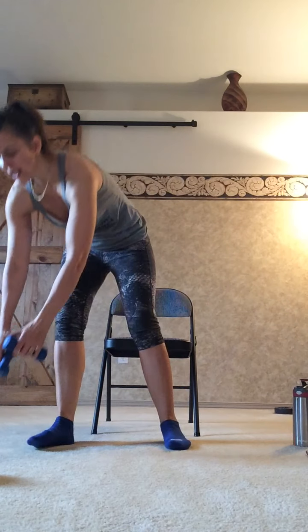It's very, very common to see that. So I want you to check your form. And of course, just a light tap down, squeeze the glutes on the way up, and the weight is in the heels. All right? So nice form here. I'm not dropping the torso too far forward. Good. Keep breathing through it. One more. Excellent. All right, so go ahead and put your weights aside, grab some water,